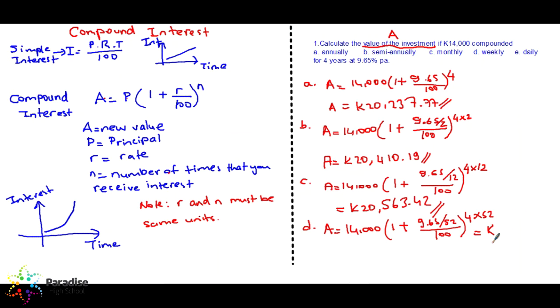So the result will be 20,587.82 kina. So if you invest 14,000